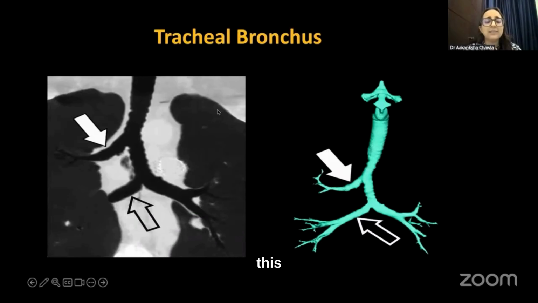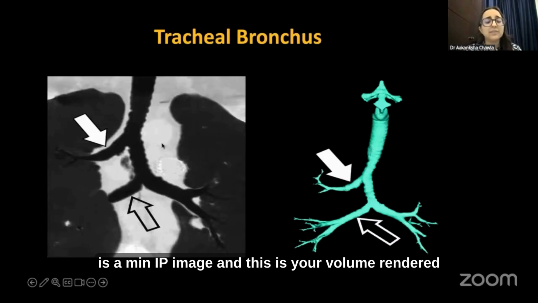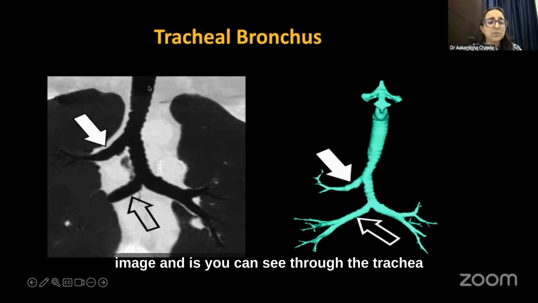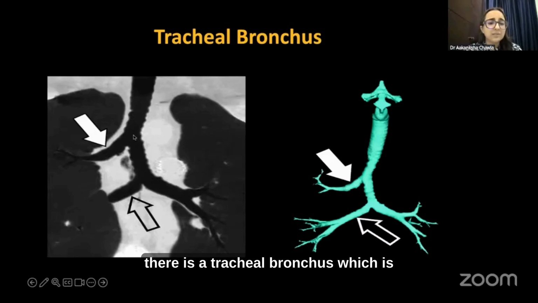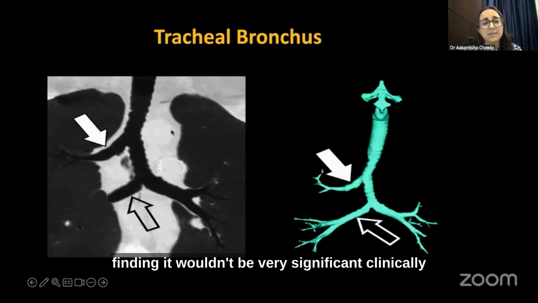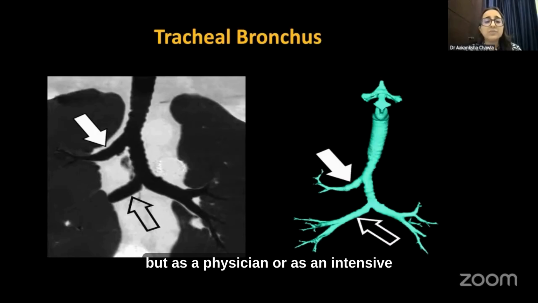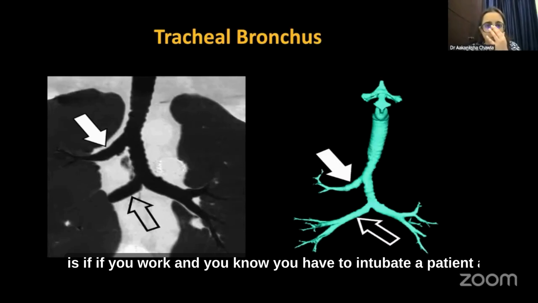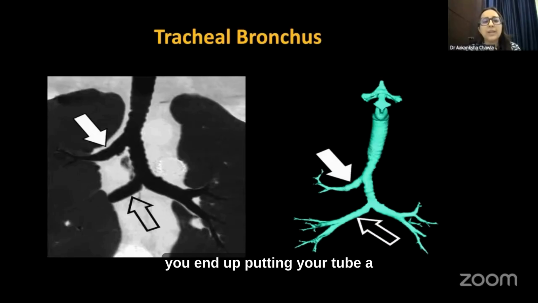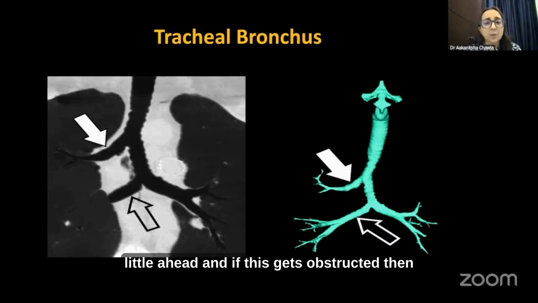So look at this image. This is a min IP image, and this is your volume rendered image. If you can see through the trachea, there is a tracheal bronchus which is coming out. This is usually an incidental finding. It wouldn't be very significant clinically, but as a physician or an intensivist, if you have to intubate a patient,